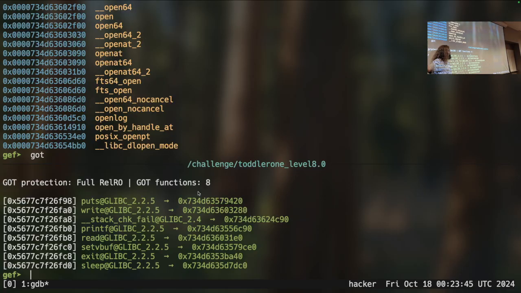Hypothetically, and I don't know that this is a path either, but if I really need to call open, do I have the ability to leak one of these? And then do I have the ability to direct control flow? Right, like a ROP scenario. Can I get a libc leak? And if I get any of these, then I could know where open is. I could try and overwrite a return address.